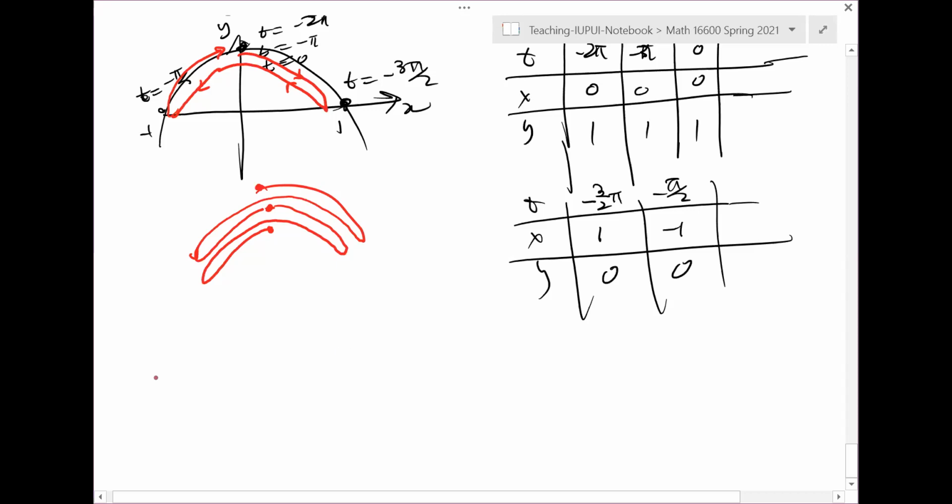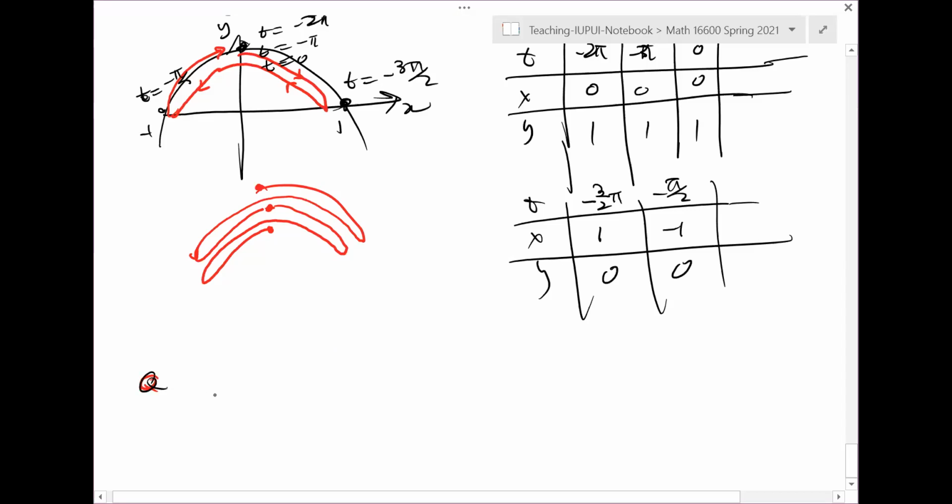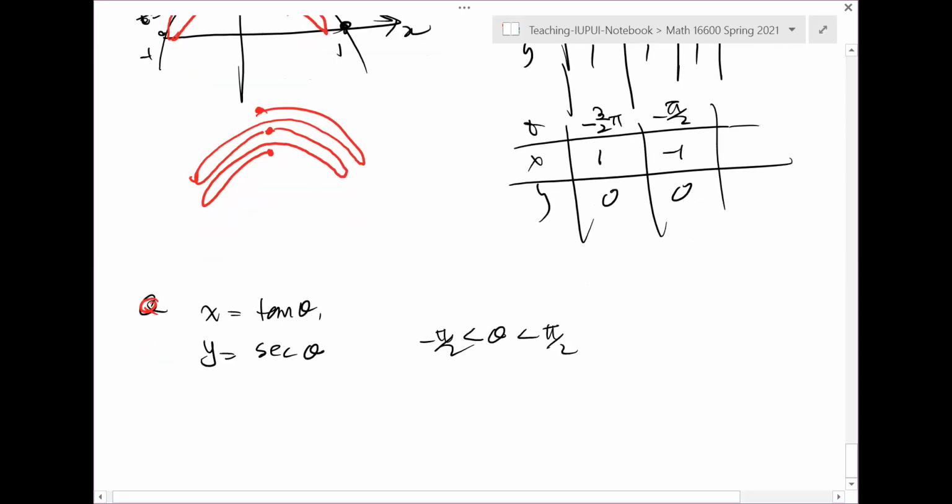So let's do one more problem. x equals tangent theta, y equals secant theta. Theta is between negative pi over 2 and positive pi over 2. Now, let's see. I want to make sure that they're defined, right? Tangent theta and secant theta both have cosine theta in the denominator, right? So cosine theta is always defined,